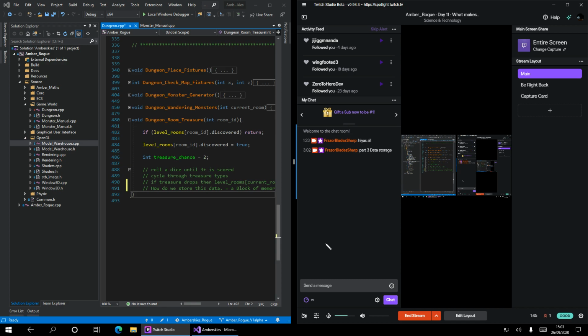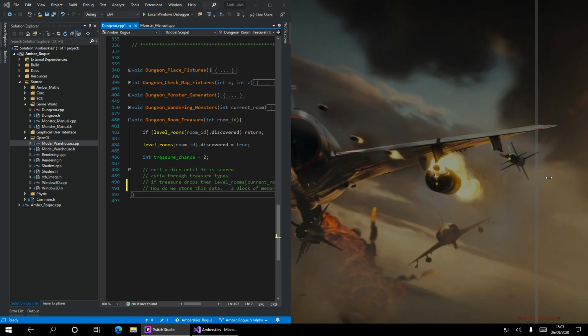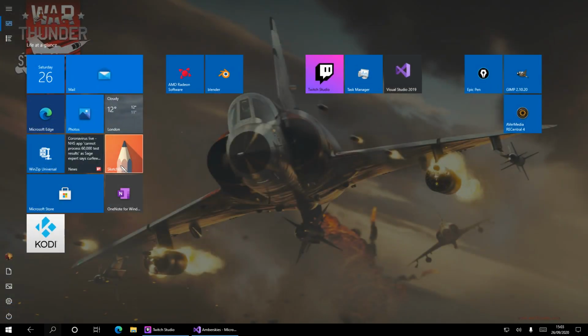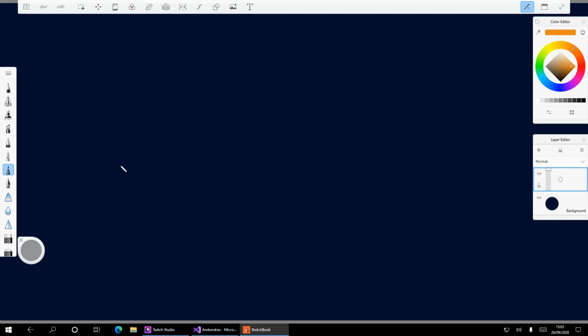How can I explain data storage? Right, so we need a block of memory, don't we? Okay. Let's see if we can get this to work again. And part 3, we're on. So let's note that up here.